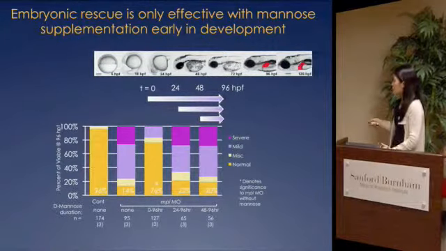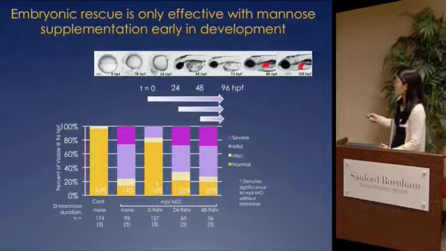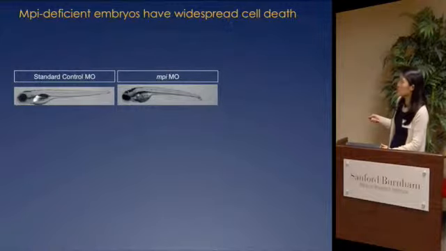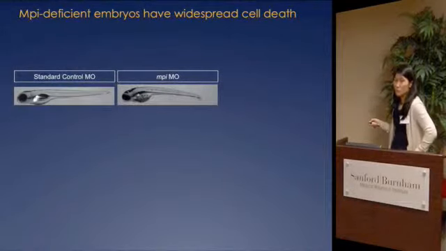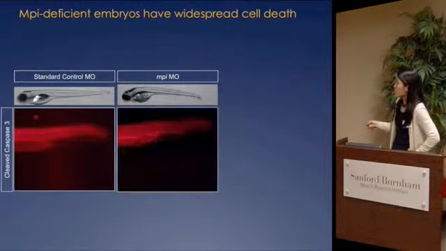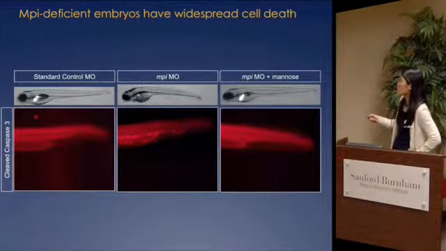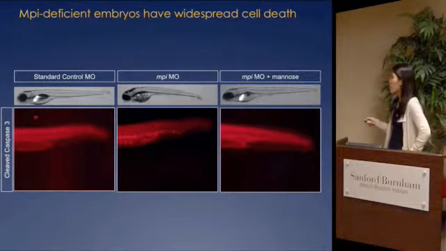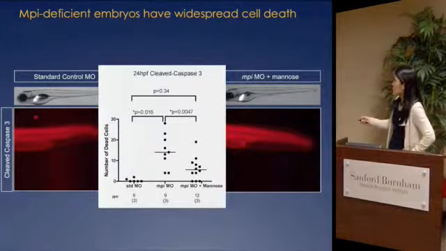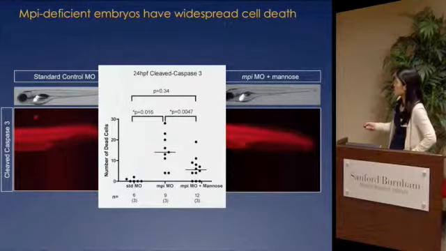What we did notice about these zebrafish in their phenotype, I showed you the smaller liver, this malformed jaw. This looked like there was a lot of cell death in these phenotypes. So we checked and we found that programmed cell death, or apoptosis, as marked by cleaved caspase 3 staining, was up in these morphants, and that this apoptosis we were able to rescue with the mannose, so that it was specifically causing this phenotype. And we quantified this and showed that it was significant.